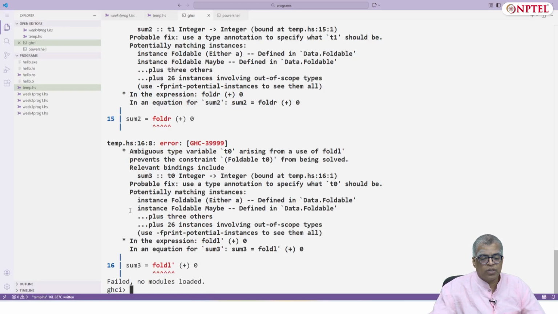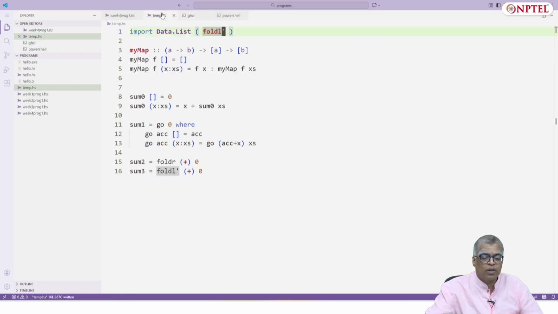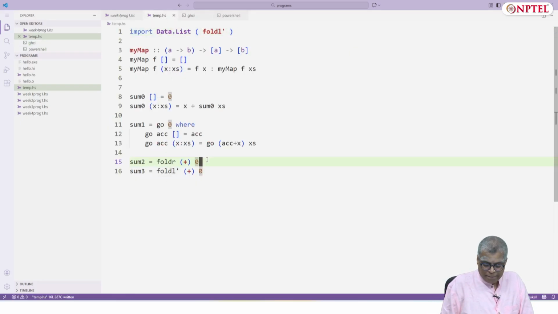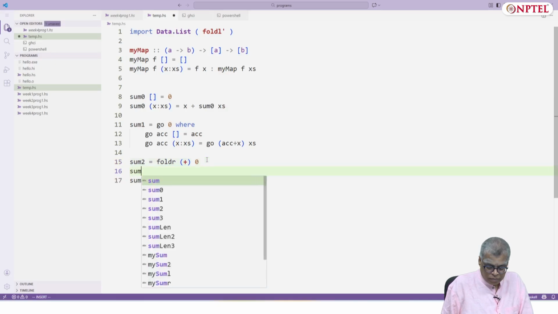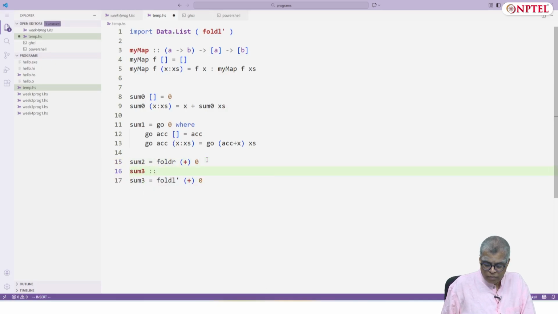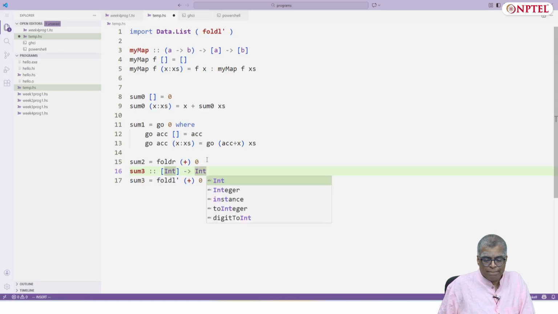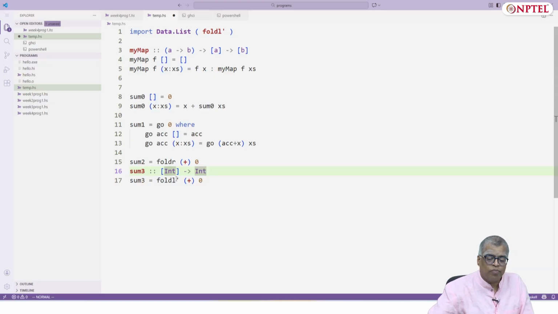Ambiguous type, it says again. So let's just try to give the type for this function: list int arrow int. And you can give the type for various functions all in the same line.